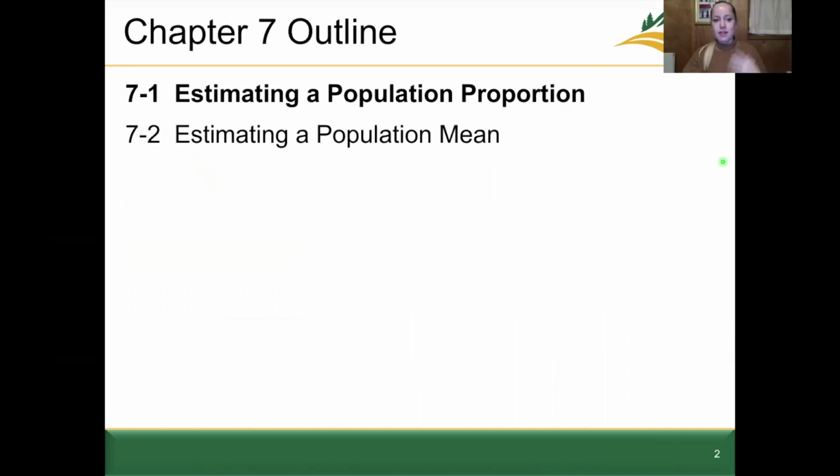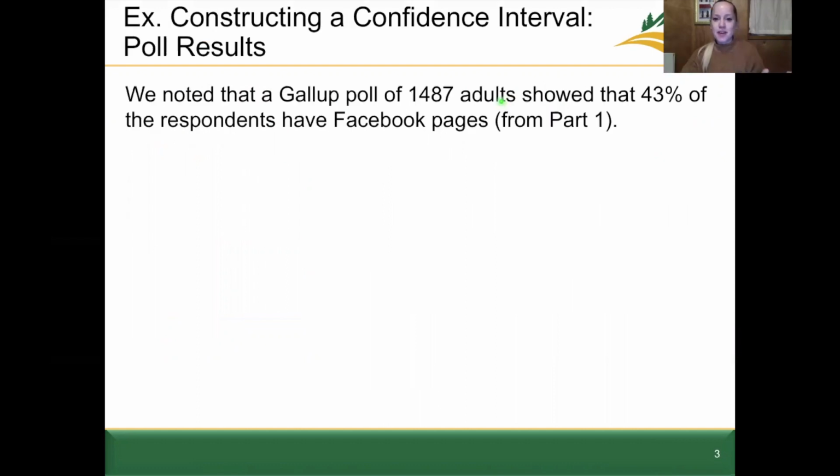We're currently on Chapter 7.1, estimating a population proportion. This is part 2 of 7.1. So let's pick back up where we left off. Here we're going to construct a confidence interval using those steps and using what we went over in 7.1,